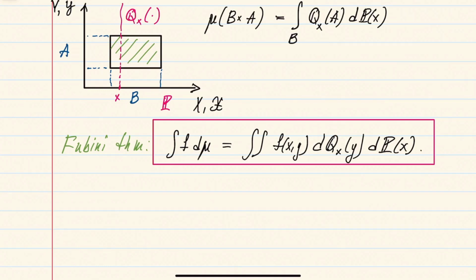Namely, if we consider a product space and some probability measure mu on that space, can we construct this transition kernel Q so we have such a Fubini theorem? So instead of starting with the transition kernel, here we want to start with an arbitrary probability measure mu on the product space and ask whether this Q can be constructed. And instead of transition kernel, in this kind of reverse setup, this Q will be called conditional distribution or conditional probability, or sometimes it's also called regular conditional probability.